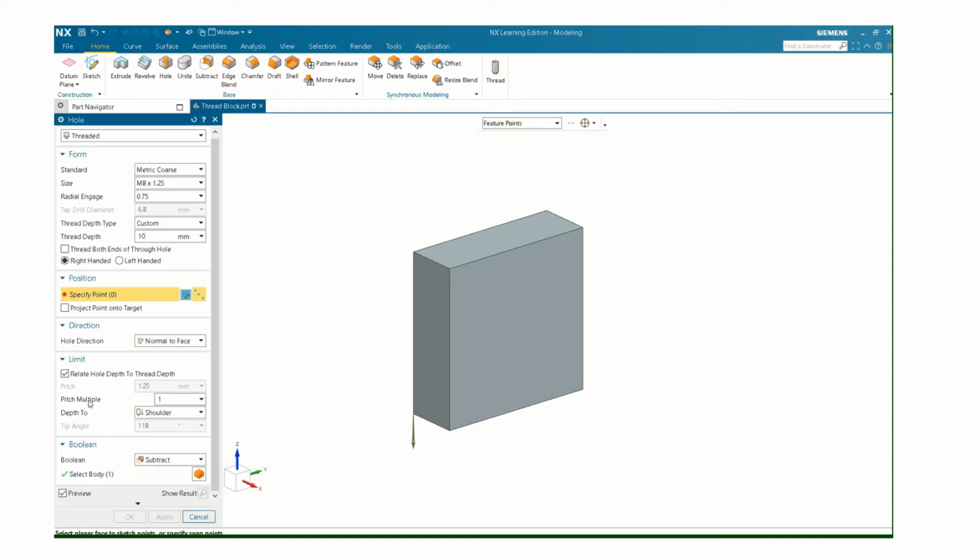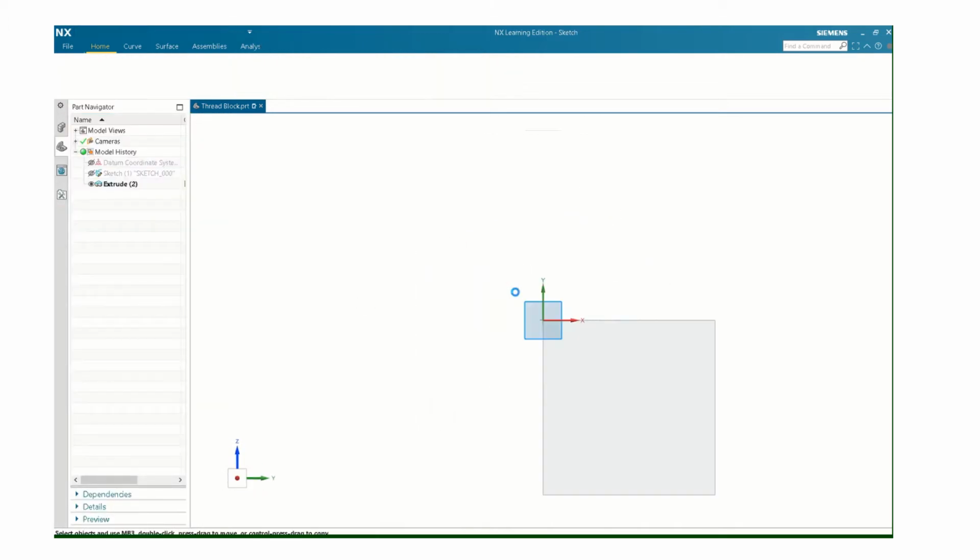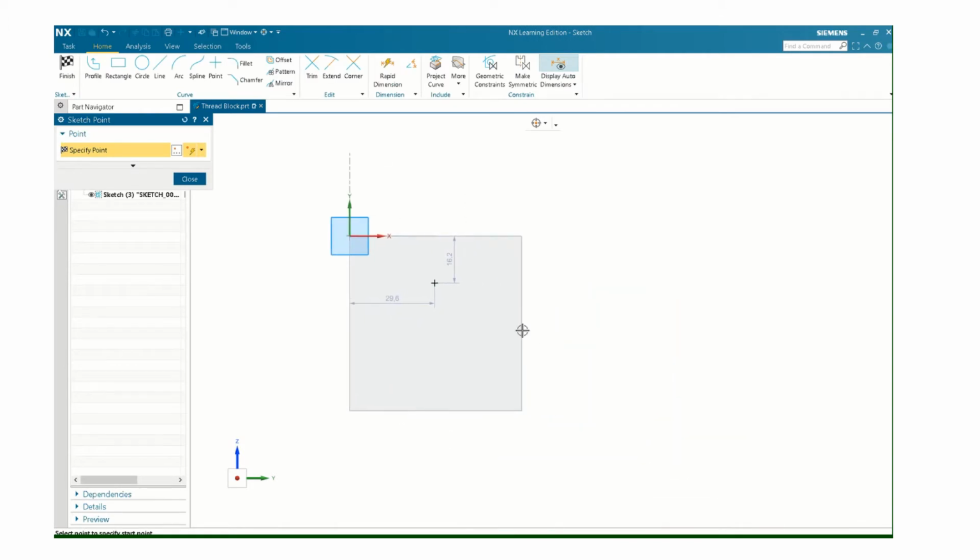You don't have to change any of this stuff here. You can change the depth of the drilled hole if you'd like, and just specify a point. So you want to click on the face where you want the hole to be. Don't worry about placement yet. Just click on the face, and it's going to show up like this. And if you want more threaded holes, just click them,